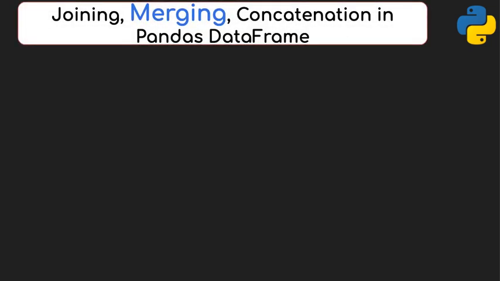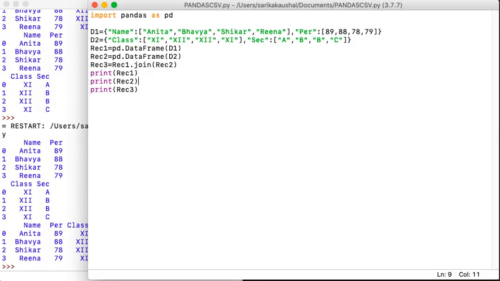Okay, so let's go on to the next case now, merging. What do you mean by merging? Merging basically means if we have two different data frames, and there is an extra column that I've stored somewhere else, and I would like to combine that with the existing data frame. If I take an example, I'll modify this table itself. So if I have name with this, now let me copy the same thing.